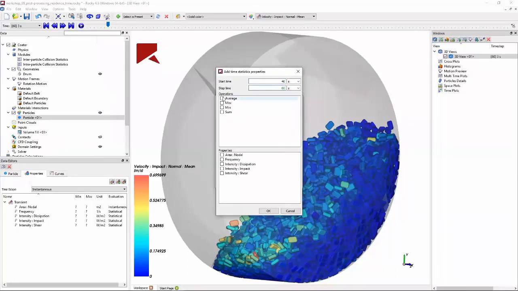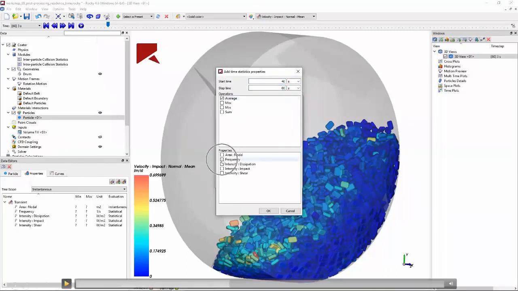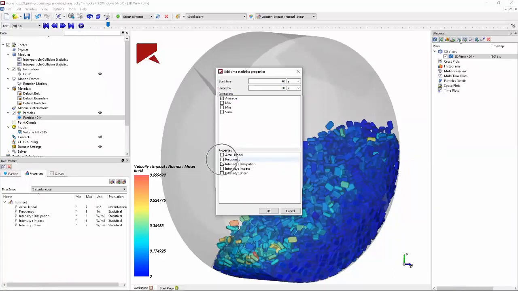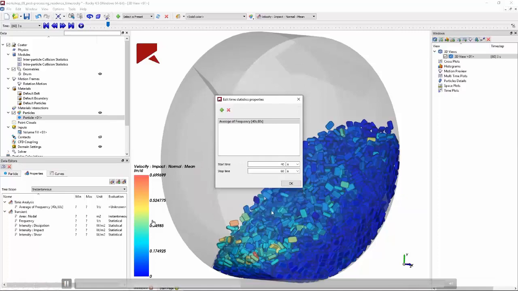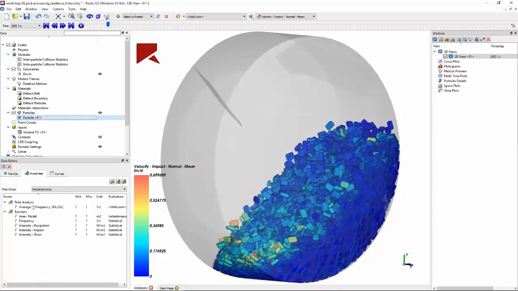So now what I'm doing here is getting, from time 40 to time 60, the distribution of the collisions in a tablet. So for all the tablets, I'll check where the collisions happen in each tablet, and I will show this in a representative particle. So getting the average, I can now